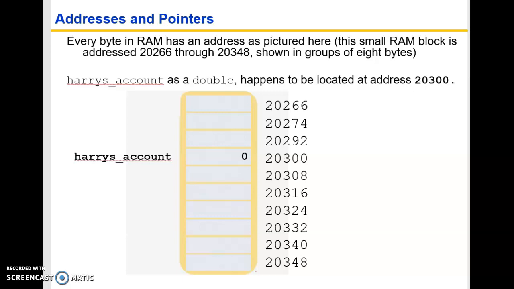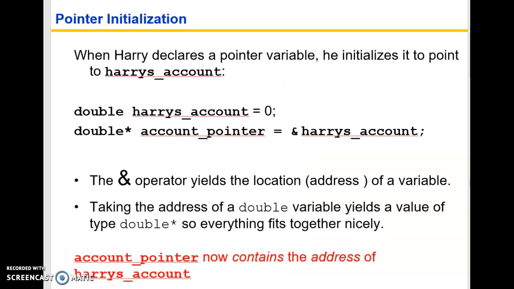And that is, in this case, 20300. There's usually a numeric address that's assigned to every block of RAM. This is just shown as 8 bytes of RAM, what it would look like and what its value is. So then, when we do something with Harry's account and we're going to do a different program to run a withdrawal,